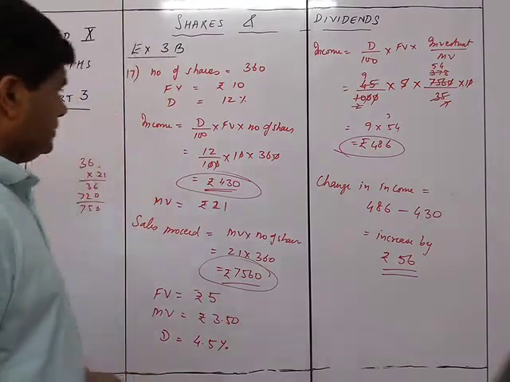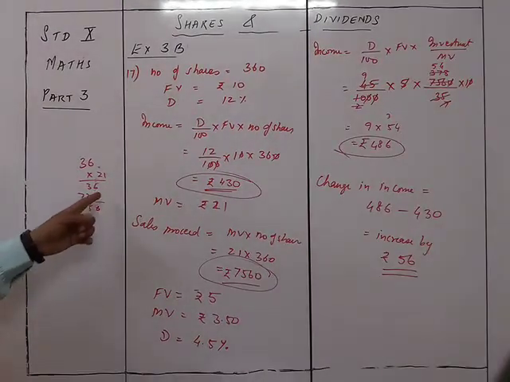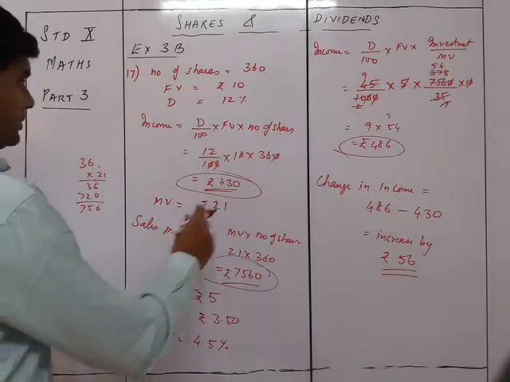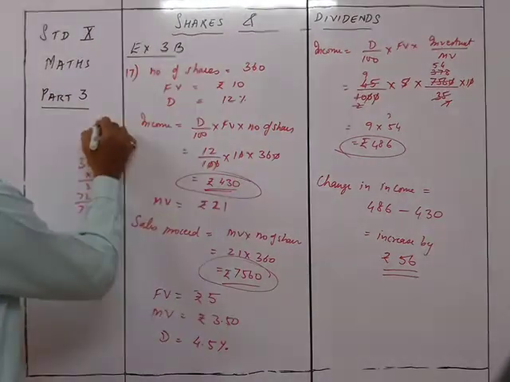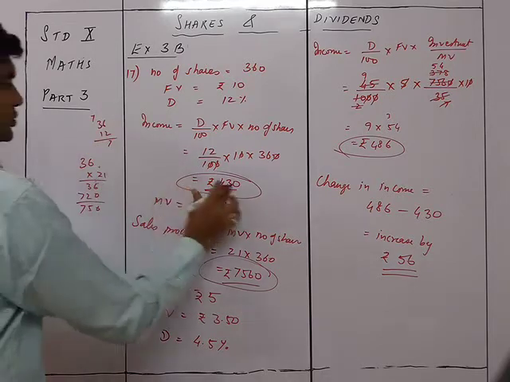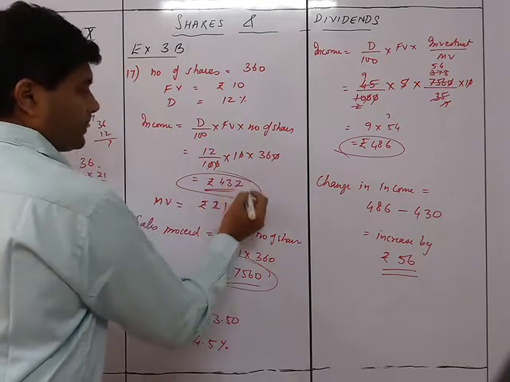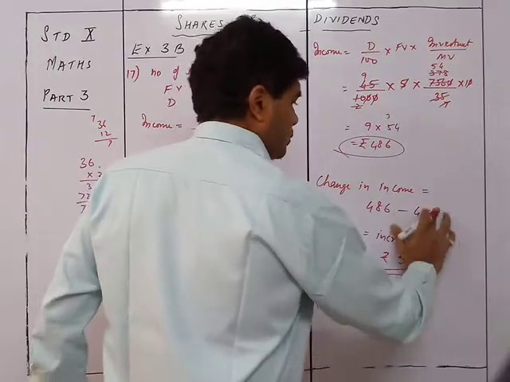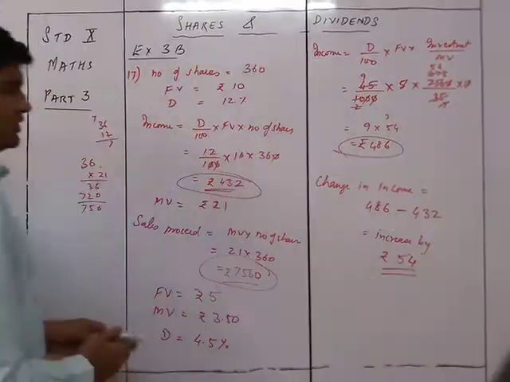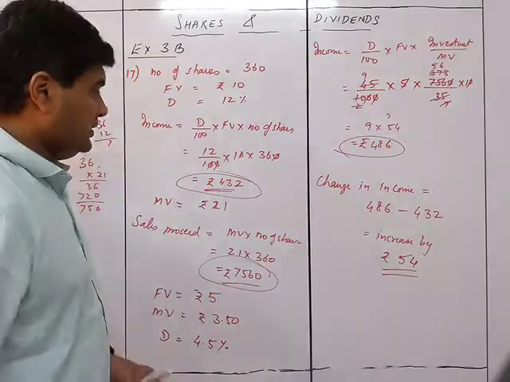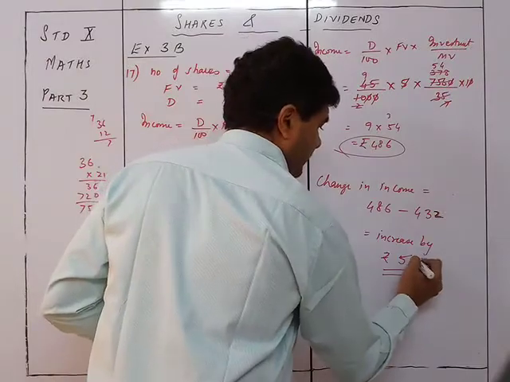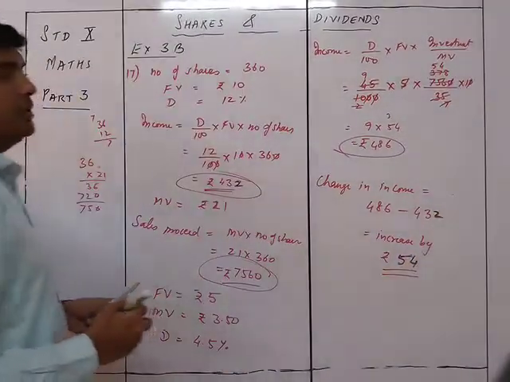Sorry, one sec. This was 36 into 12. 36 into 12. 12 2s are 72, so this should be 2 over here. So accordingly this is 2 here and this is 54 here. So this was the change. Yeah, a small change here. This 2 and this 2 give you 54 as the final answer.